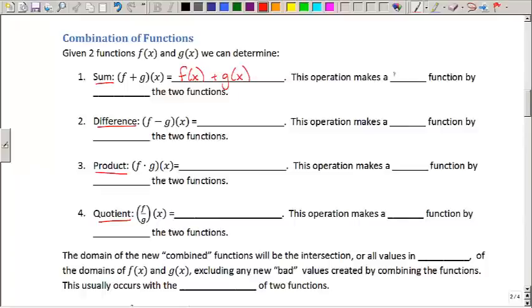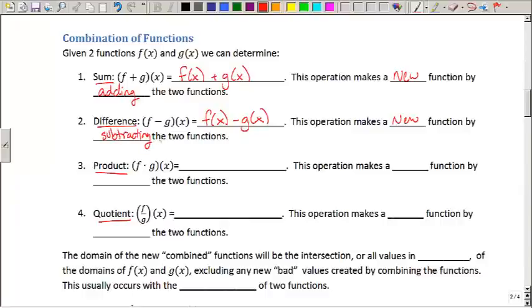This operation makes a new function by adding the two functions together. I need you to understand that this is a new function, that we're creating a different function from the two original functions given. For difference, if I have f minus g of x, I can simply take f of x minus g of x. Again, this makes a new function by subtracting